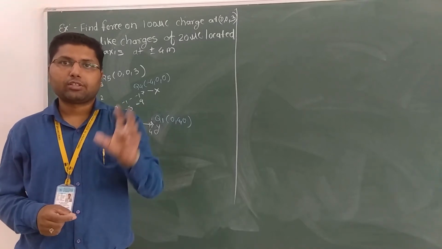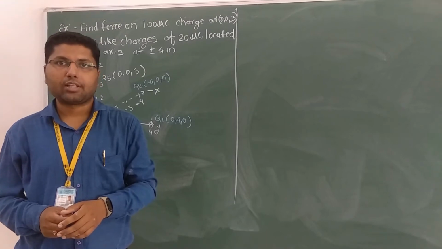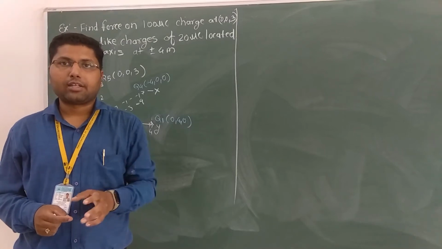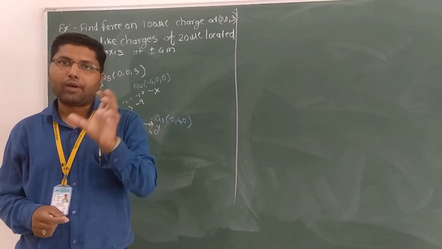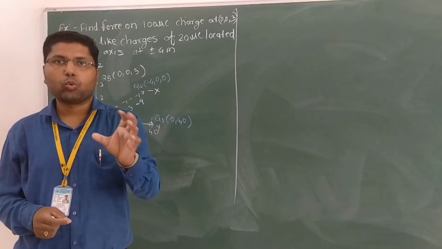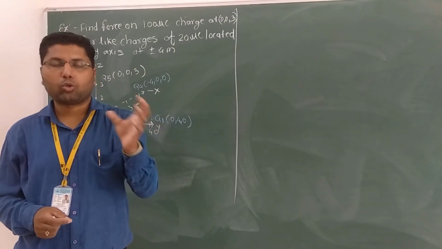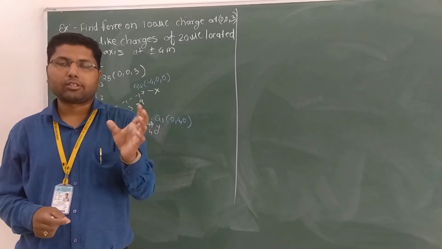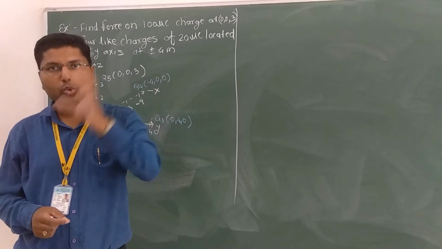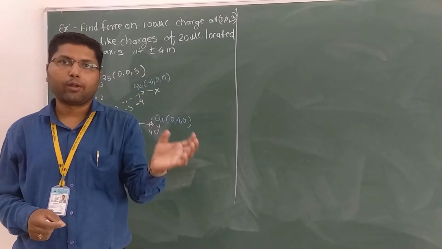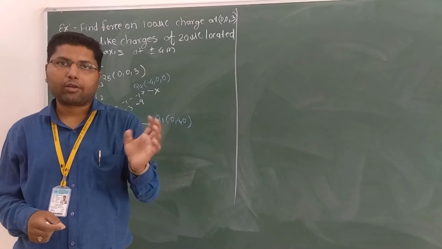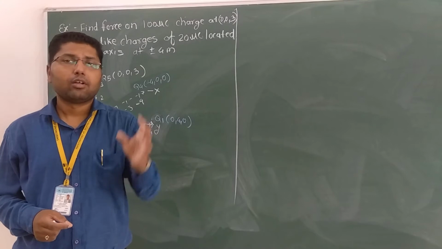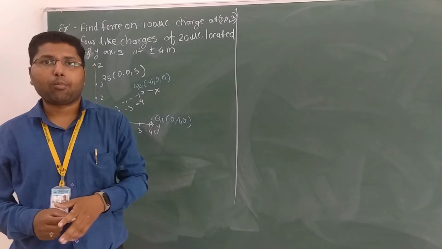Suppose there are two charges in space, and we consider that those charges are static. If the charges are static and you want to find the behavior between these two charges, Q1 and Q2, then we have to find the force between them. Q1 applies a force on Q2 and Q2 applies a force on Q1. That force we have to calculate. We studied that in the last lecture and took some problems on it, and in this lecture we will take a problem on this.